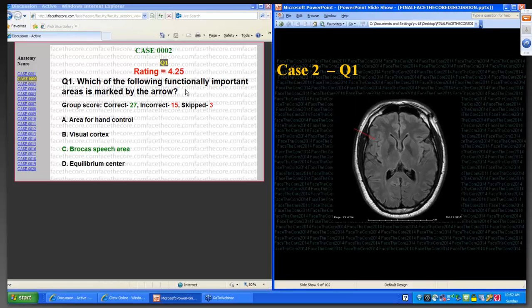Which of the following functionally important areas is marked by this arrow? Is it the area for hand control, the visual cortex, Broca's speech area, or the equilibrium center? And that's great. The majority of the people did get this question correctly. So this is the Broca's speech area. Remember, Broca's area is going to be in the inferior frontal gyrus of the frontal lobe. So here we see the sylvian fissure, and this location is very typical for where we see Broca's speech